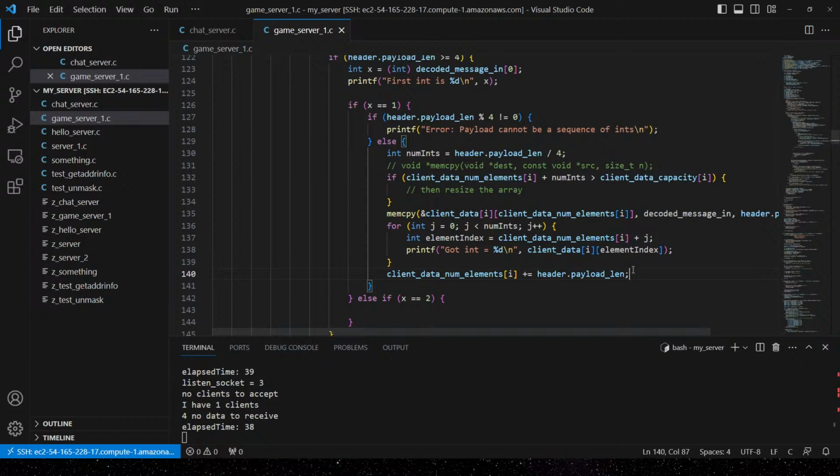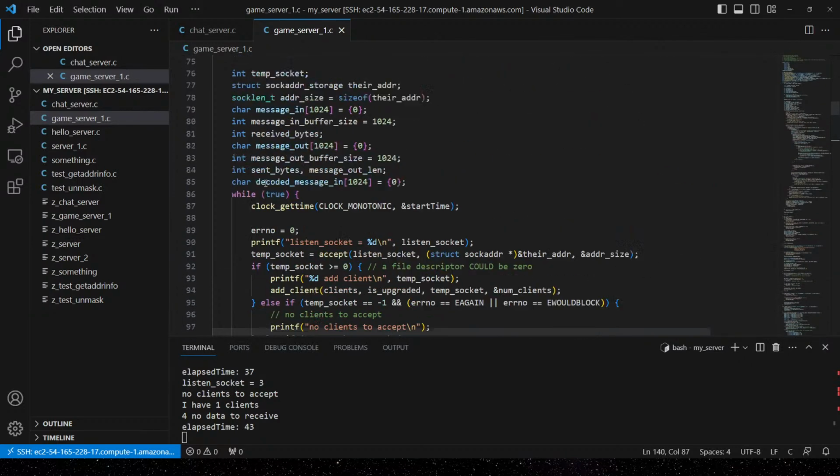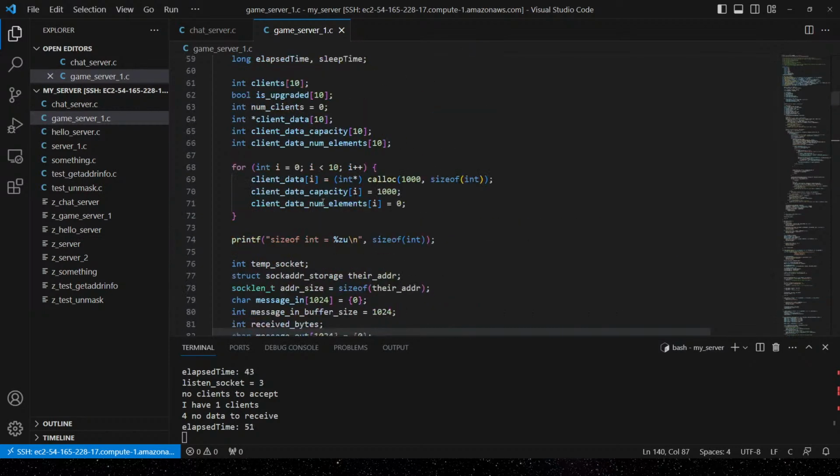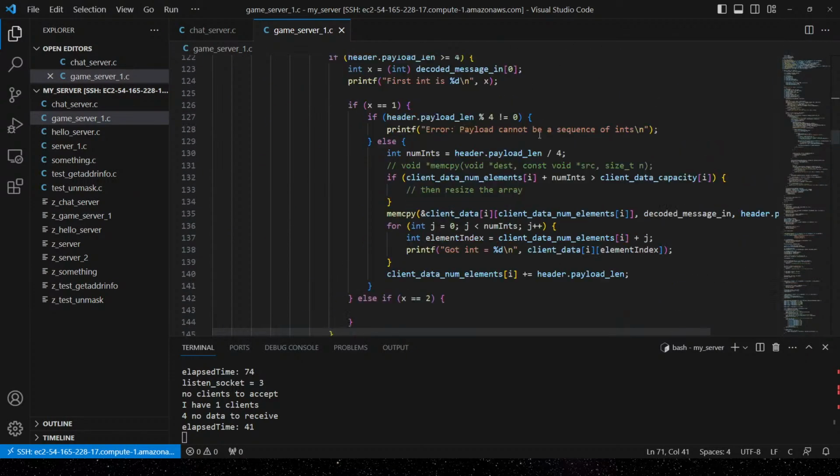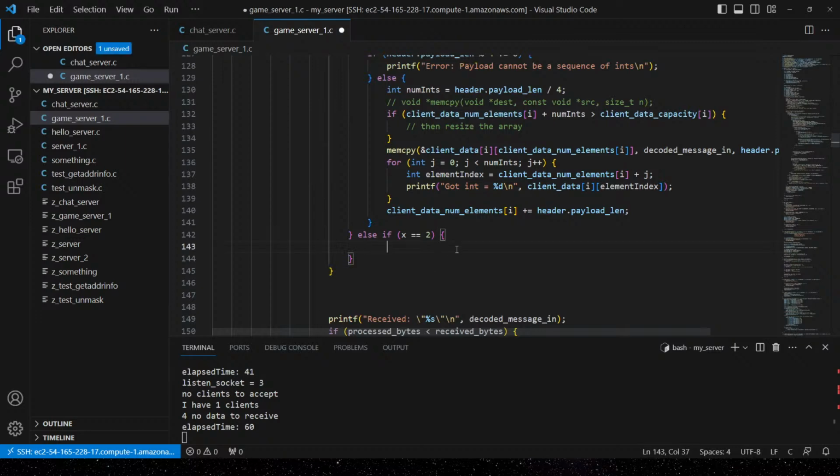This is slightly weird because I should only be having a client data storage set aside for non-spectators, right? So at the start, I do this thing where I'm allocating 4,000 bytes, 4 kilobytes or whatever for each client. I wouldn't do that for spectators. Spectators don't need all this allocated space. But that's fine. We'll worry about that later. Yeah, but if it's a spectator,